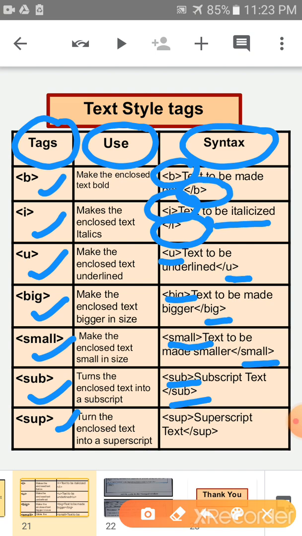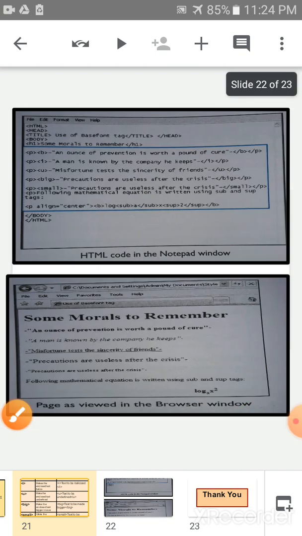Again, you write down the opening tag of sup, and then write down the superscript text, and lastly you have to write down the closing tag of sup. Okay children, clear? Now children, look at the screen.